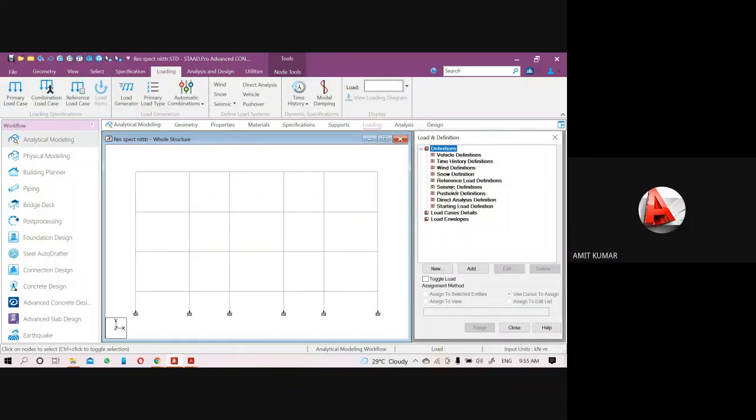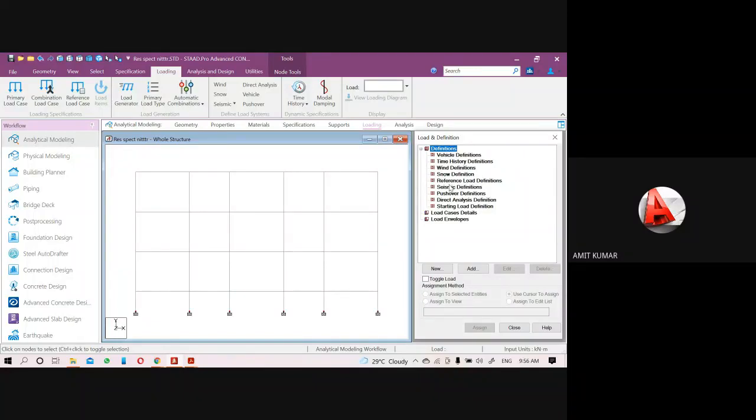That means all these values were used more than 2 to 3 times. Okay, so to overcome these problems, here I will give the value only once through the reference load, and whenever this type of load will be required, I just pick the reference load, and each floor load and self weight load, everything will be assigned.